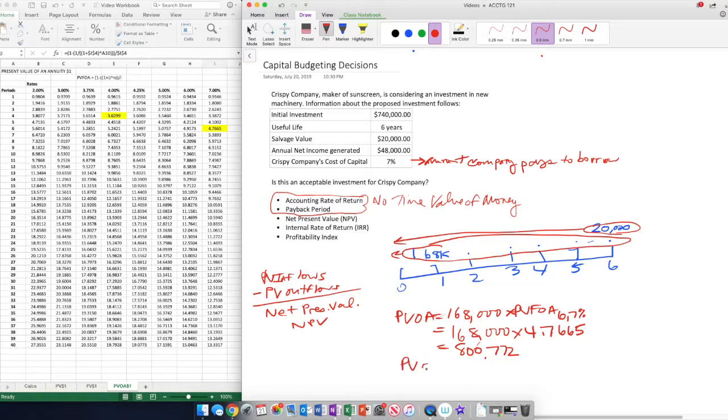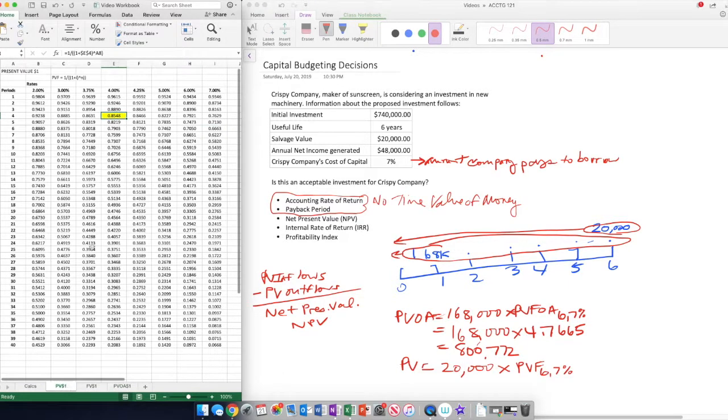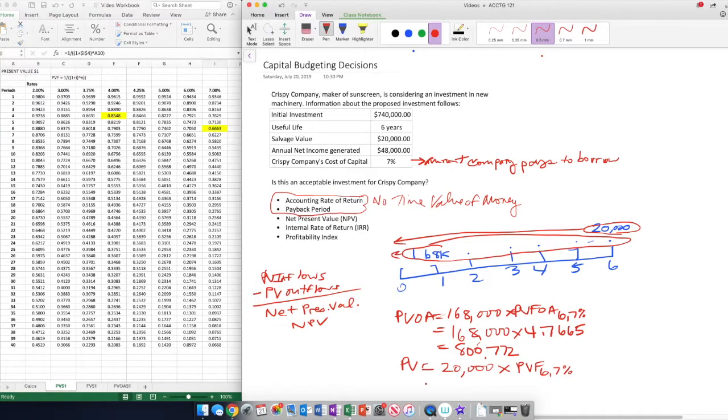Now, that takes care of the present value of that annuity, but we also need to know the present value of that single sum. So we need to know the present value of the 20 we're going to get in the future. And so we're going to look up the present value factor for 6 periods at 7%, not an annuity, the regular present value, which here we have 7, we're going to go down to 6 periods, and we see that that number is 0.6663. So 20,000 times 0.6663, and that comes out to